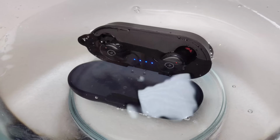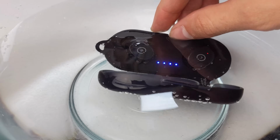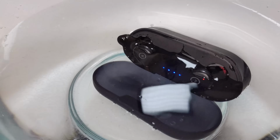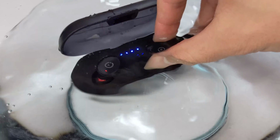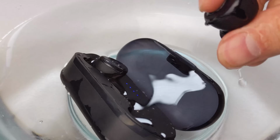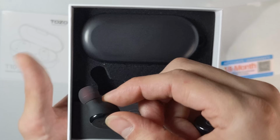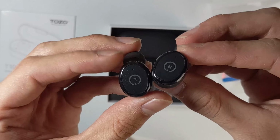So not only the earbuds are water resistant, but the case as well, which is a little more practical if you find yourself in a situation where you drop your case into a puddle or a pool and it gets submerged. You're not going to worry about it getting fried, especially since you can't even charge your earbuds without the charging case. Now, having comfortable and resilient earbuds is great and all, but it doesn't mean anything if the